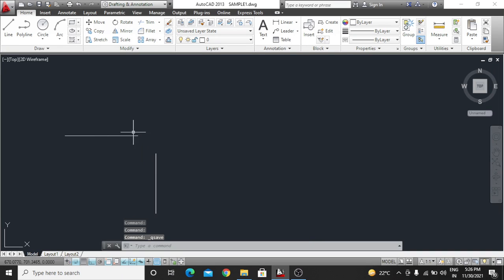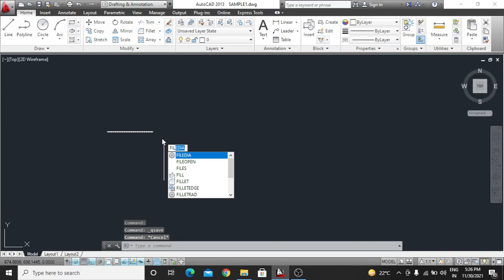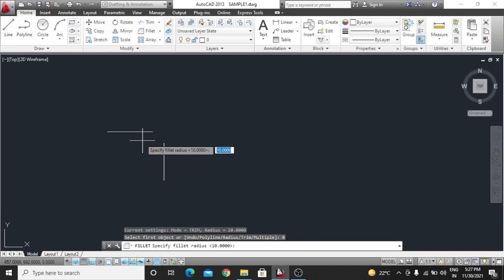Again, similar to the chamfer is the fillet command. So the fillet command is here. You can also use the shortcut FIL, sorry, FI. Type the fillet command, just enter it, and then enter R, enter.